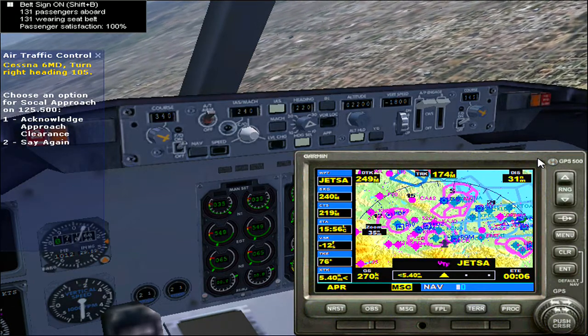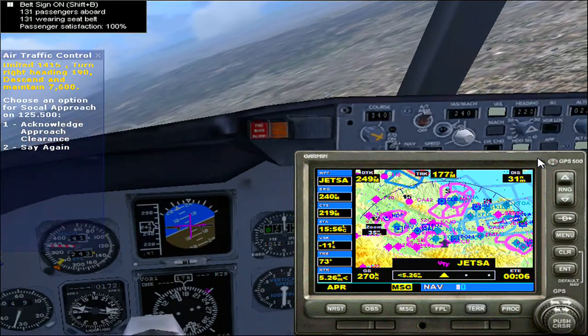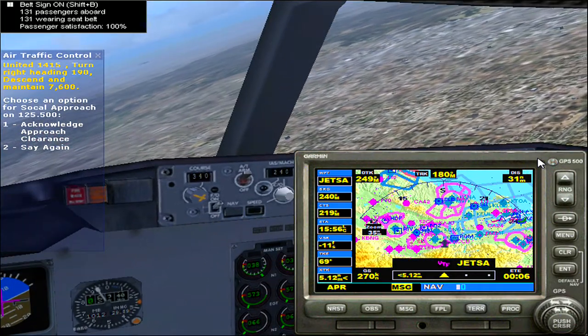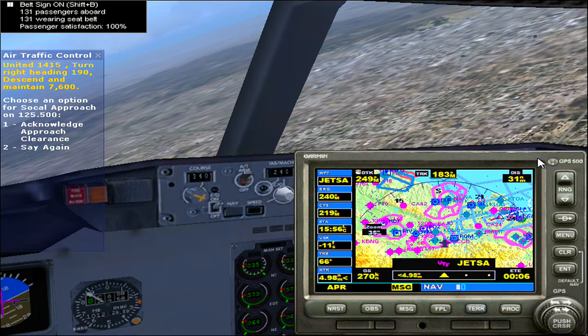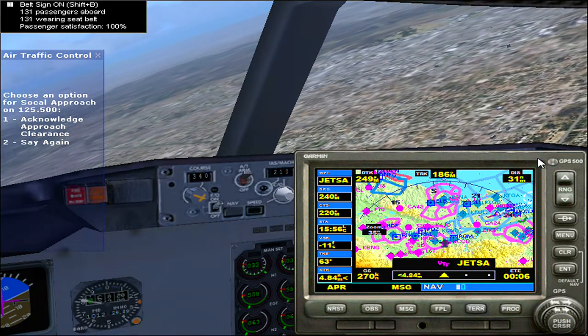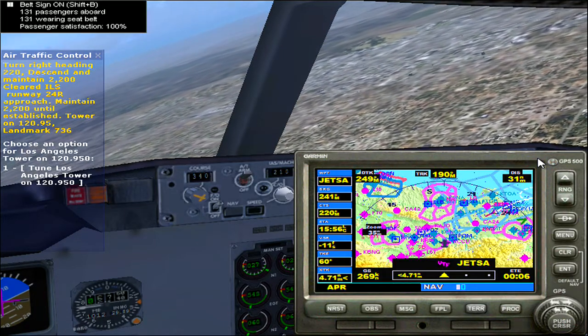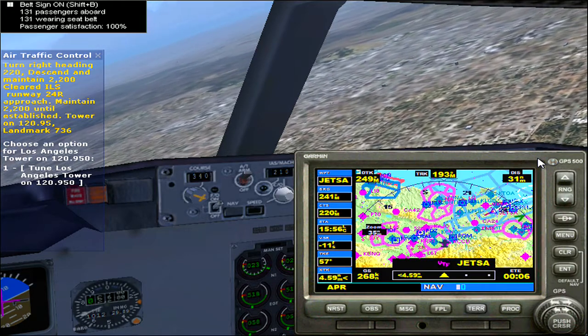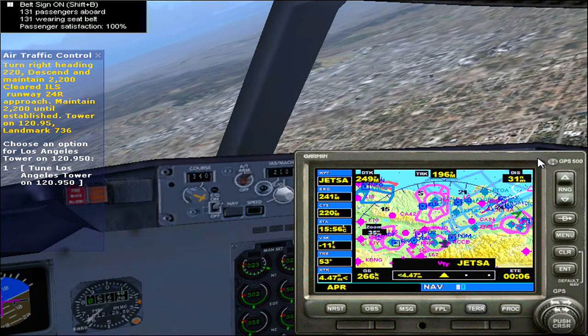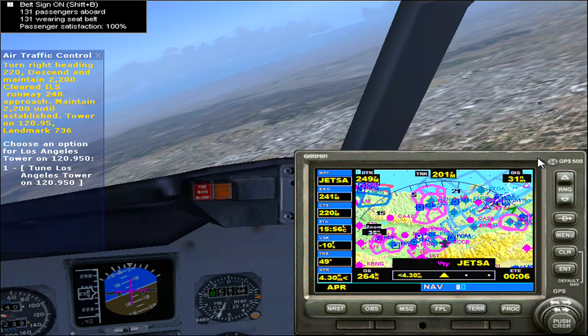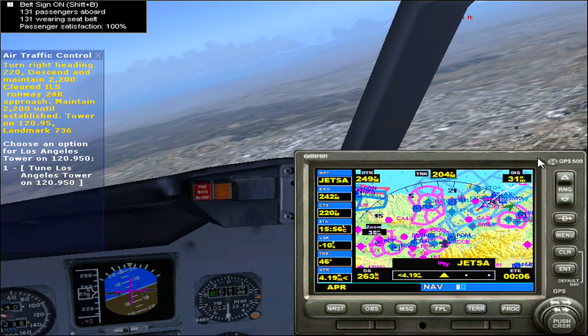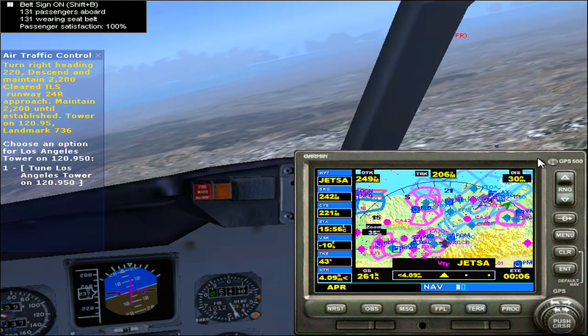So basically, once again, the air traffic controller did a remarkably terrible job of setting this up for the ILS. I'm going to try to explain as best I can why he just screwed up, as usual, because the air traffic control is awful in the game. But the general idea of the ILS,